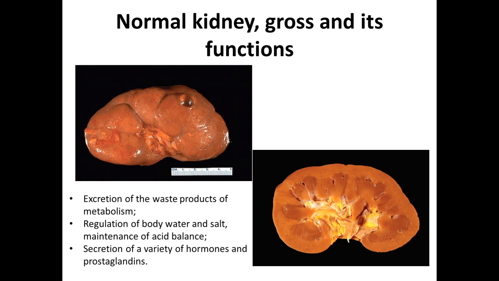Normal kidney structure includes the anatomical structure and the histological or macroscopic structure. Of course, anatomically, the kidney consists of the cortex and the medulla layer. The renal medulla is composed of from 8 to 18 cone-shaped renal pyramids with the base of